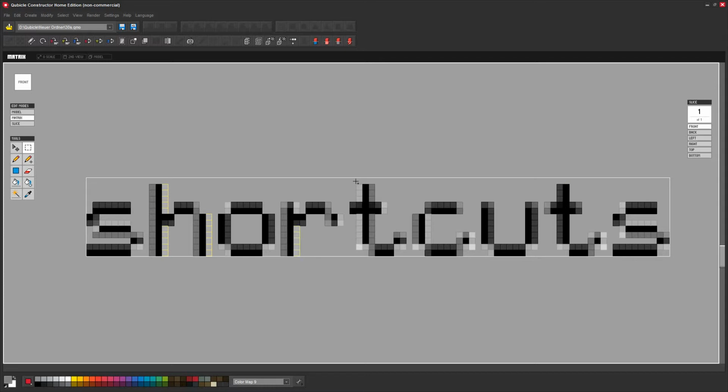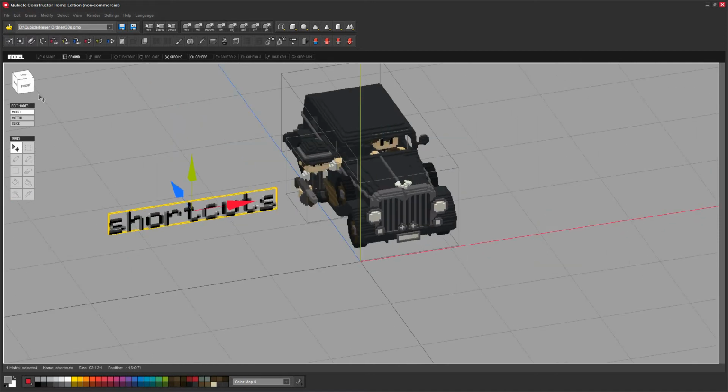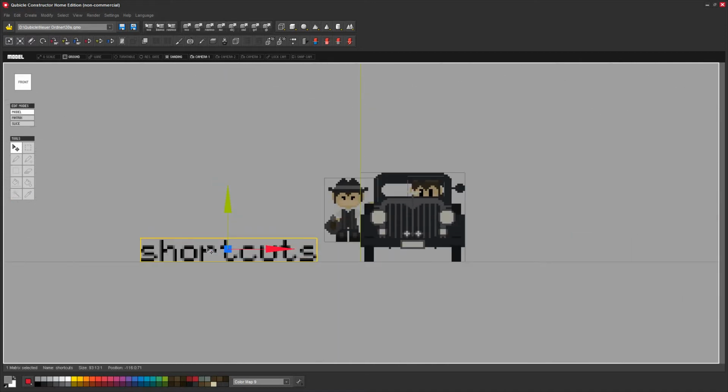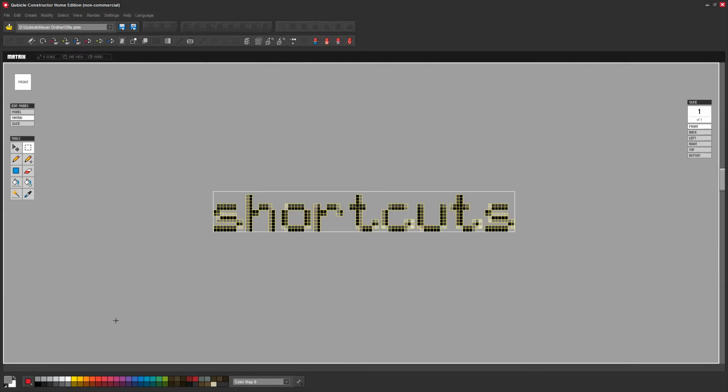So you have some possibilities to work here in Qubicle to improve the letters. It's not a full-fledged tool to do so, but it can work out if you really want to do this. Now let's maybe change the color a little bit into something more